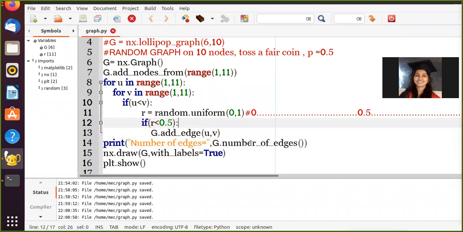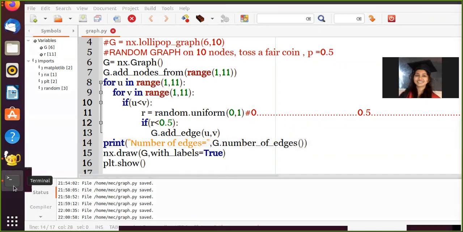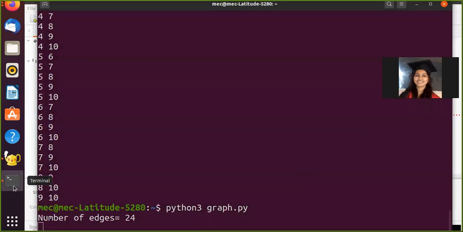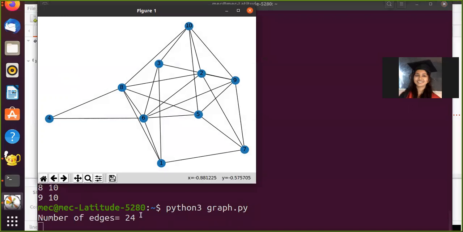On expectation, we should have half of the possible edges, which is something like 45 by 2, something like 22. Let's see what's happening. See, it's making 24 edges. So it's quite close to what we were expecting. Out of 45, 24 edges are created, and you can see the graph created here.